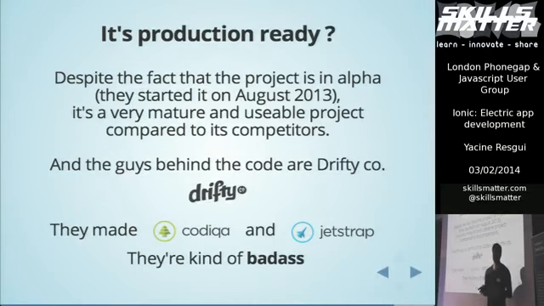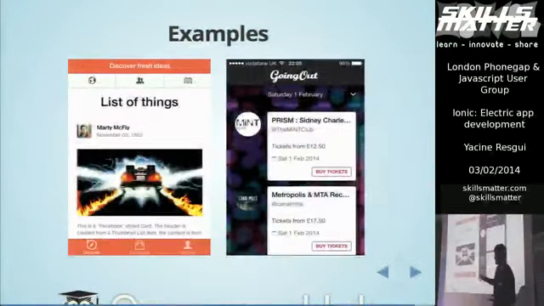And yeah, this project is really young. It just started in August. It's still in alpha, but as you know, many UI frameworks are in alpha or beta, and that doesn't mean much now. Even Node.js is not in version 1. It's 0.12 now. And yeah, they're kind of badass. So this is the kind of